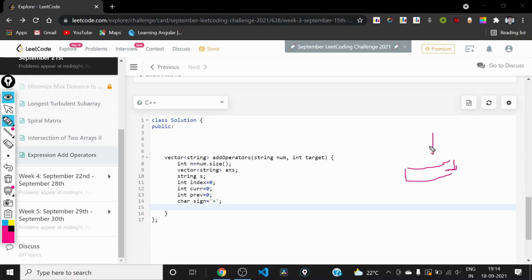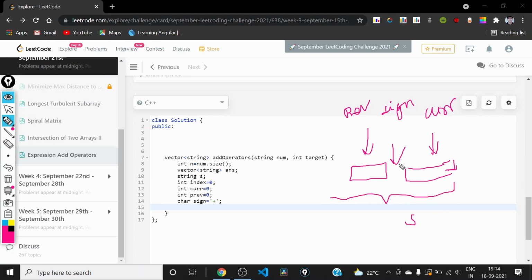This is the current, this is the sign, this is the previous, and this is the overall string so far as s, and we are here. So this is roughly what I am trying to do. And yeah, we can continue our implementation.